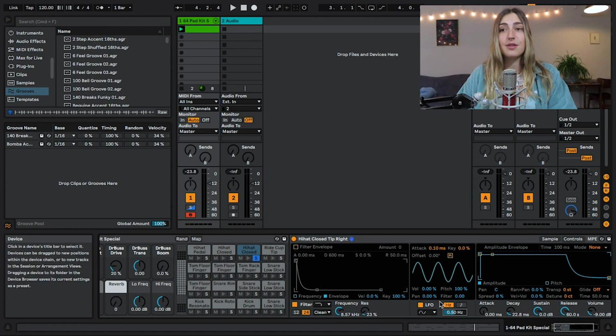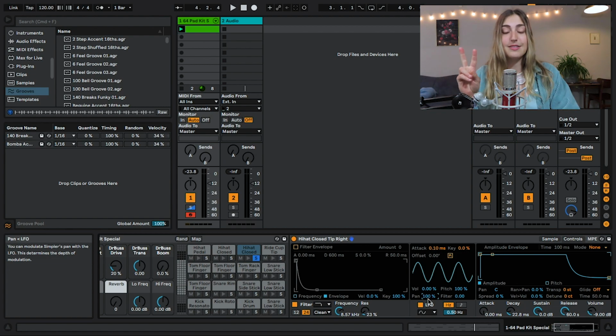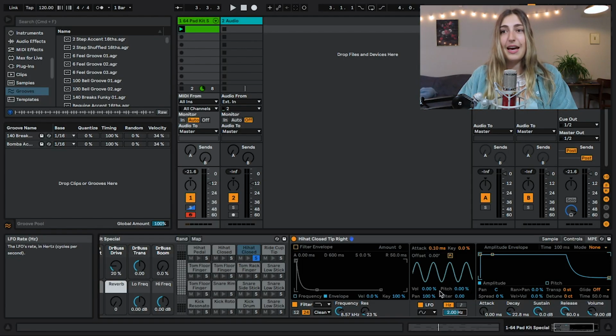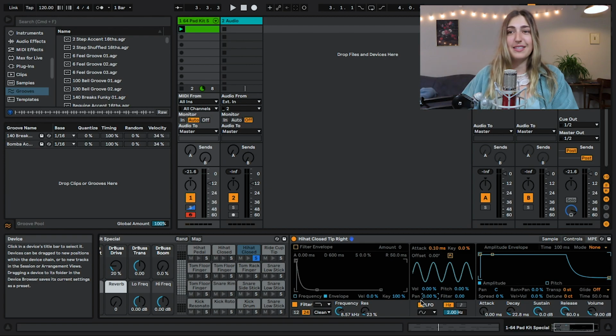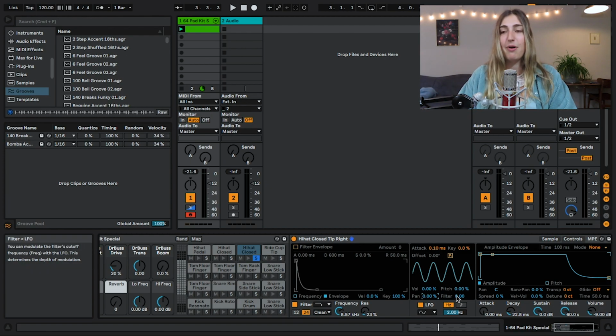every 2 seconds. So let's use pan for this. You're gonna hear that it goes back and forth once in 2 seconds. At 2 hertz, we are going to get it going back and forth twice in 1 second. And let's open up our filter for this guy. When we put our filter at its maximum, which is 24, the filter is going to open and close twice